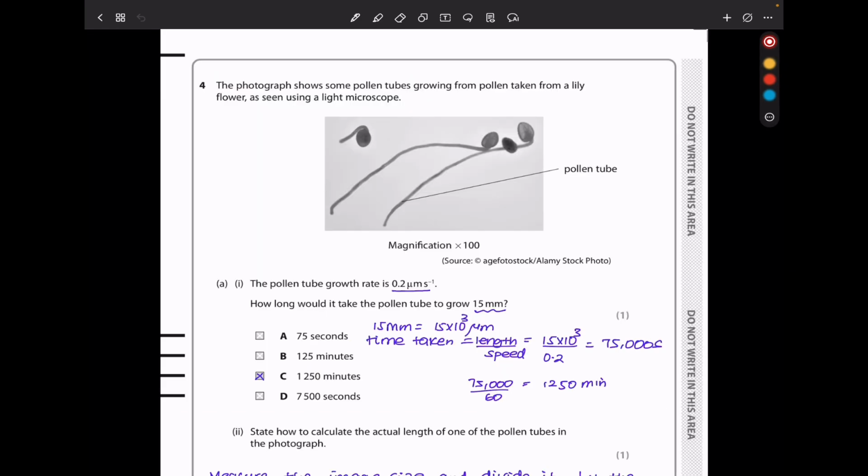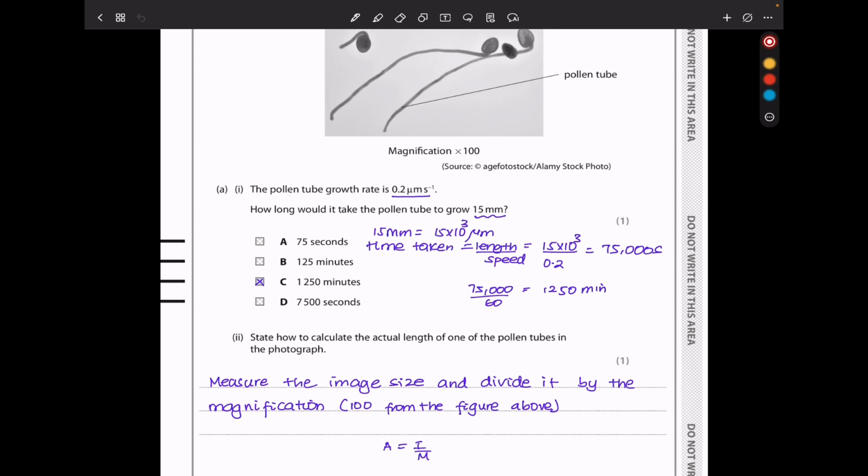In question 4, the photograph shows some pollen tubes growing from pollen taken from a lily flower, as seen using a light microscope. So we can see the pollen tubes. The pollen tube growth rate is 0.2 micrometer per second. How long will it take the pollen tube to grow